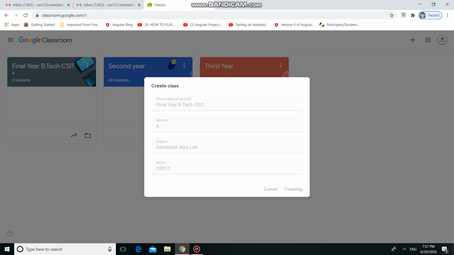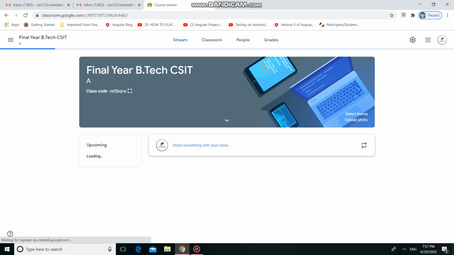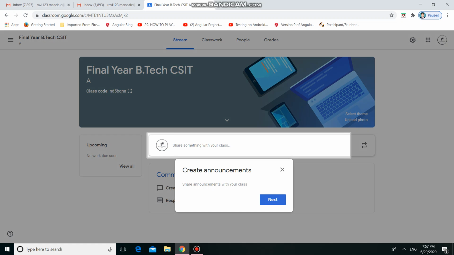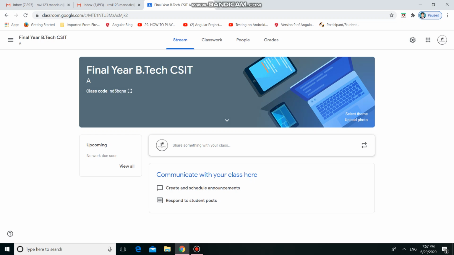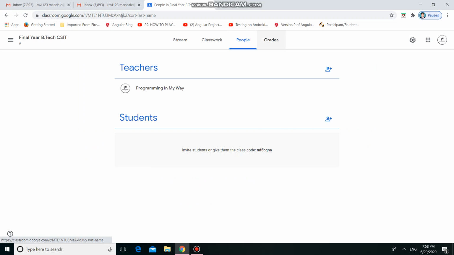Now the next step is to add other faculty, colleague faculties, and students. So click on the People link. You can see there are two options, teacher and student.